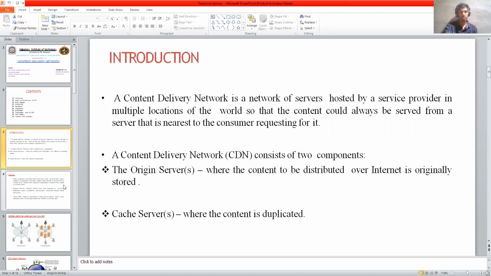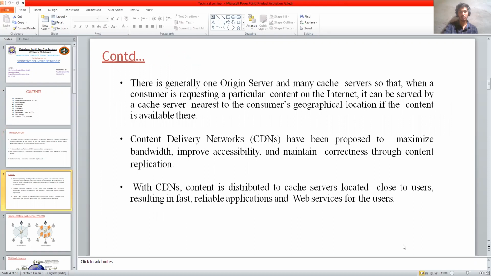So next, there is generally one origin server and many cache servers, so that when a consumer is requesting a particular content on the internet, it can be served by a cache server, and this cache server will be one of the nearest data centers for the consumer in its geographical area, so that the content may be easily accessible.